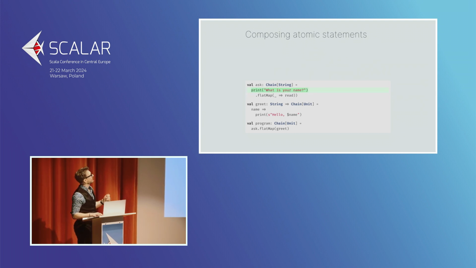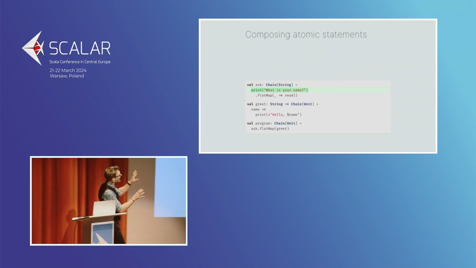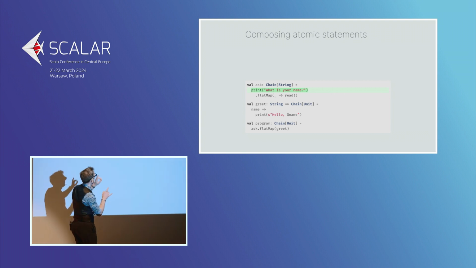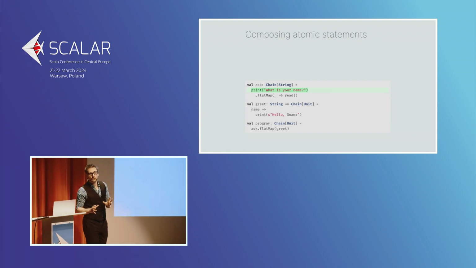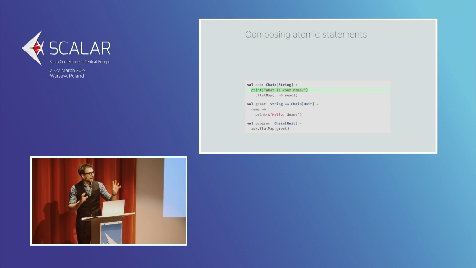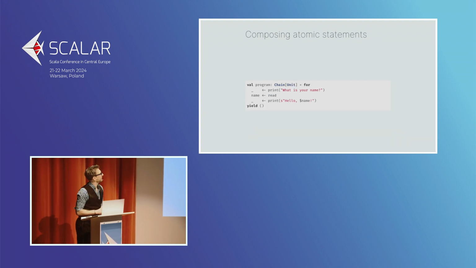So we replace that with a print statement. And now all we have are nested maps and flat maps. This is so well supported by the language that we have dedicated syntax for it. I'm not going to take you through all the steps. Don't have the time, really. But the end result is that.